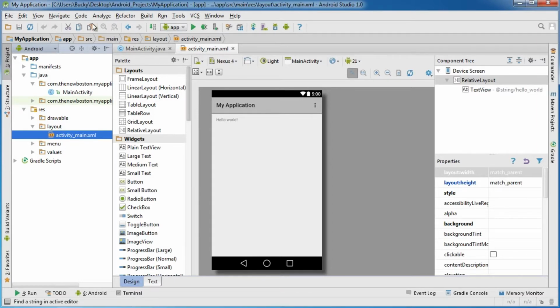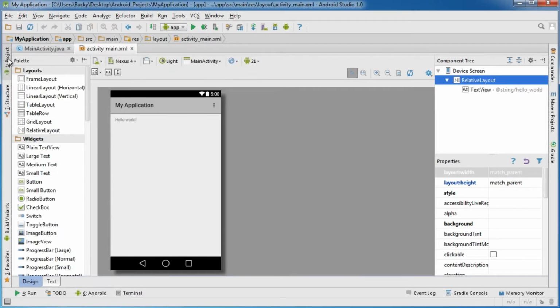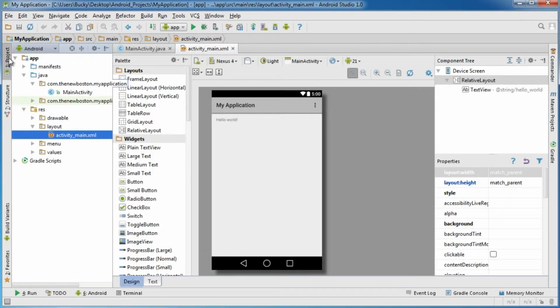Alright, so we pretty much covered this whole interface except for these things on the side, these little bars that say Project, Structure, and so on. First of all, as you can see, whenever I click one, it toggles whatever window is on and off. So this is the project window, and if I click that, it's going to toggle it visible or invisible. If you ever feel that your entire interface looks kind of cluttered,